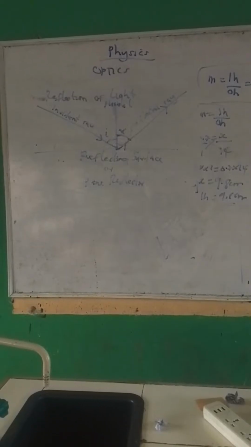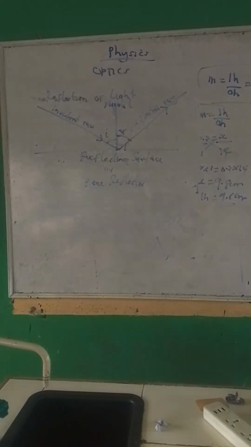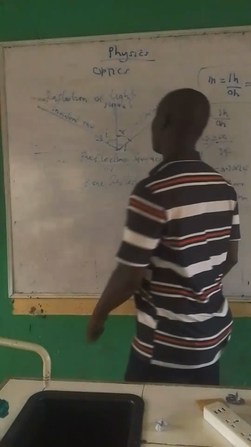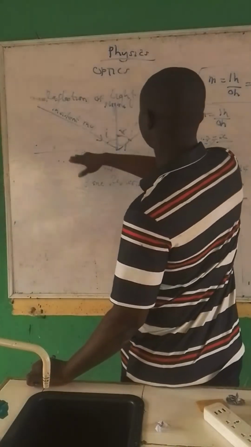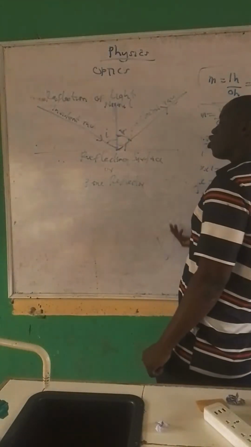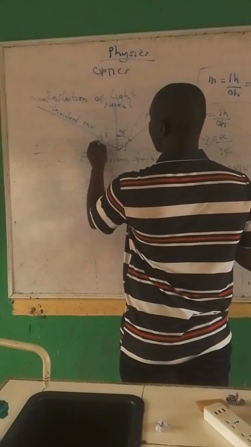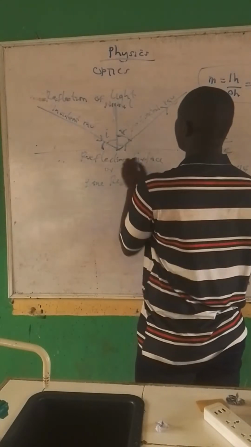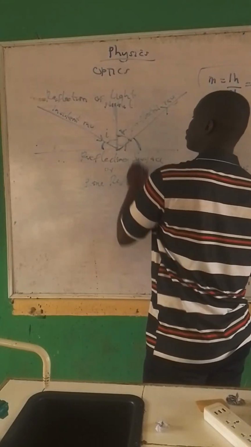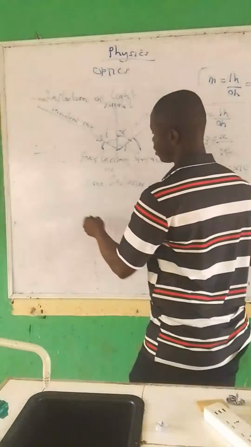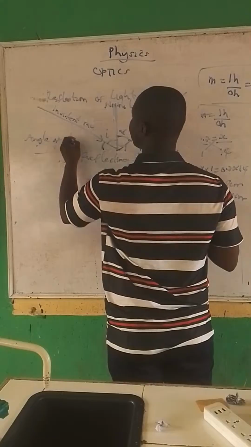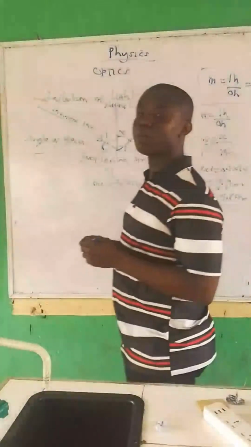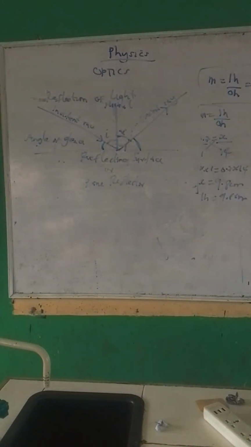Okay, let's continue. So, angle of reflection, angle of incidence, incident ray, reflected ray, normal, and the plane reflector or reflecting surface. Now, the angle between the incident ray, or the reflected ray, and the reflecting surface, we call that the angle of glance. At O level or JAM level, you don't need the angle of glance. We call it glancing angle or angle of glance.